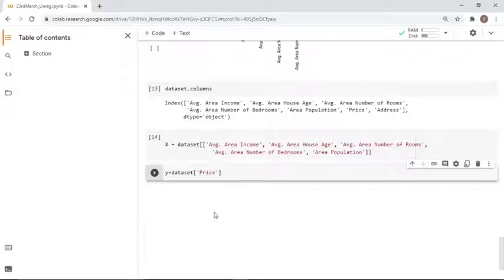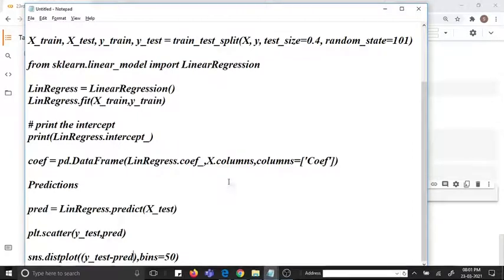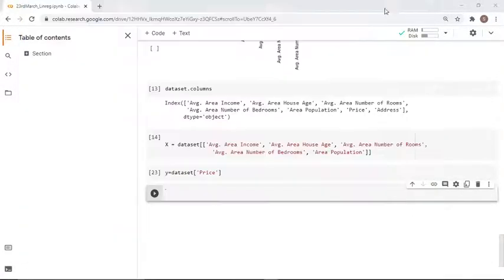For that we can write sklearn dot model underscore selection import train test split.